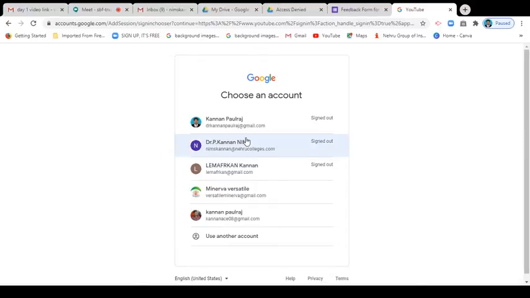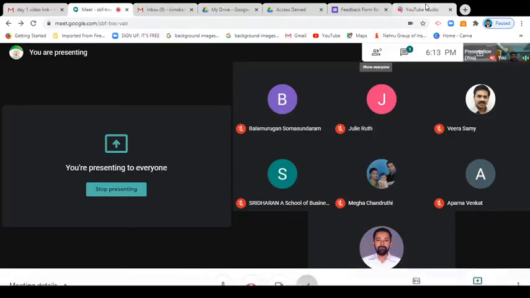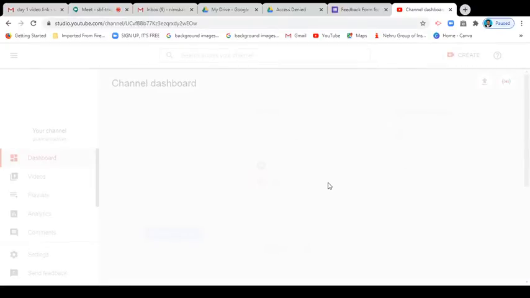So just now I activated this mail ID. Once you enter this mail ID, because it is already enrolled, it goes straight in, but if you enter a new mail ID, it will ask for the password. You can enter your Gmail password, that's enough. Automatically you will get the dashboard. This channel dashboard is already entered.